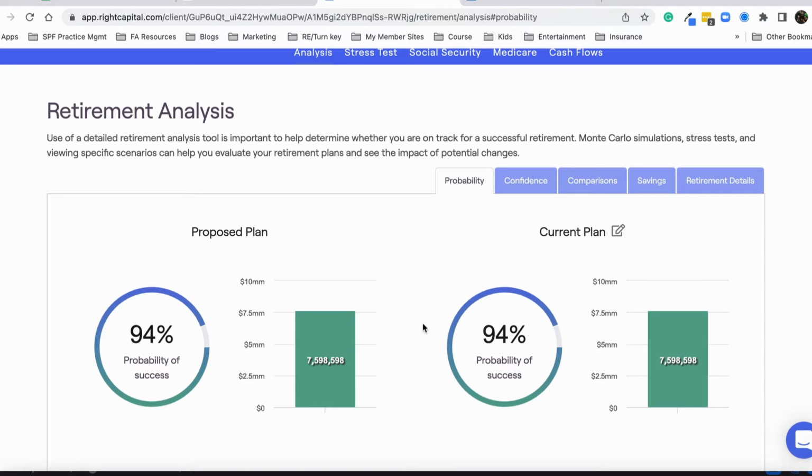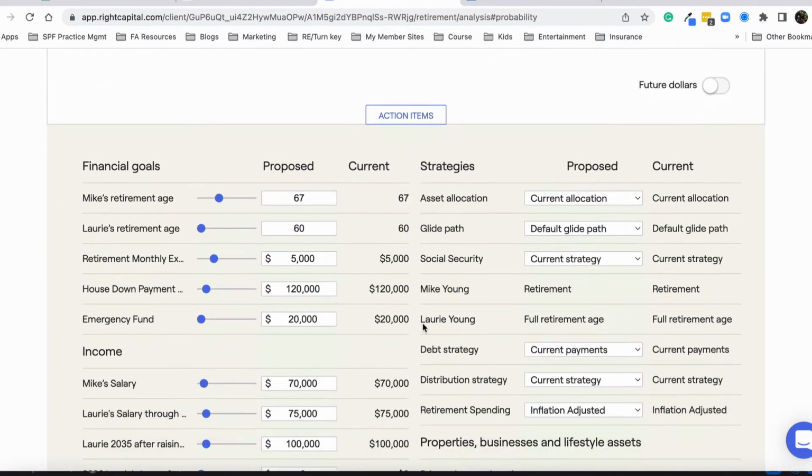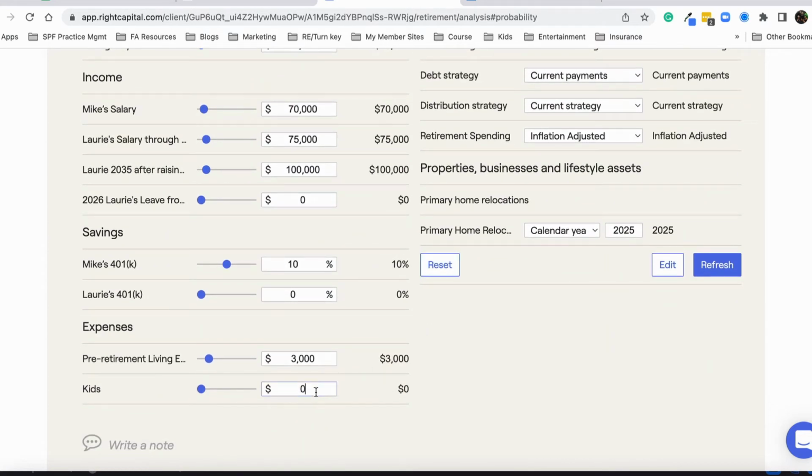But there are definitely things in here that we are not taking into consideration that we're going to have to play around with. Like one of them being, we don't know how many kids they're going to have or how much it's going to cost to have kids. We don't have college savings as a goal in any of this. So we're not planning for kids at all in here. So one thing that I would do right off the bat is I would add an expense item into here. Let's say, $1,500 a month for kids. And I already set this up in here that it will start in the year 2025